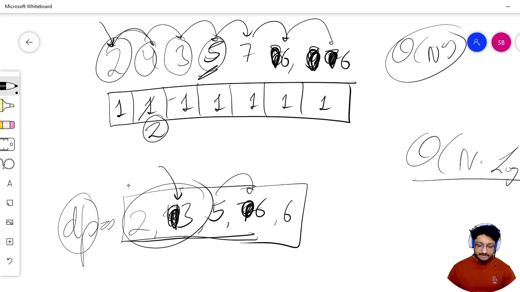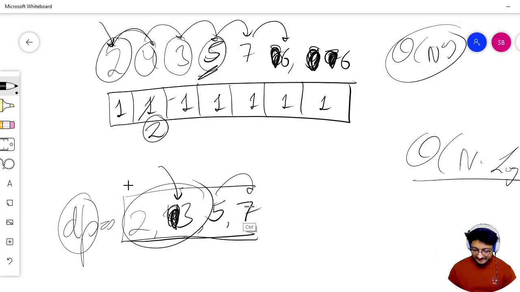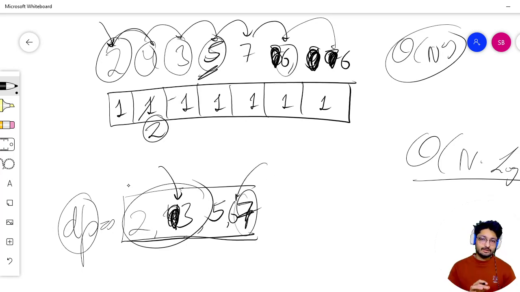Let's say I don't do this. What will happen is that if I don't put a 6 here, and I keep the 7 here, this 6 will not be placed anywhere, and the next 6 will also be placed nowhere, because 6 cannot be placed here, it will become unsorted. I cannot place any number in between. I can only place the new number at the end, or I can replace a number in the middle. I hope you get the point.